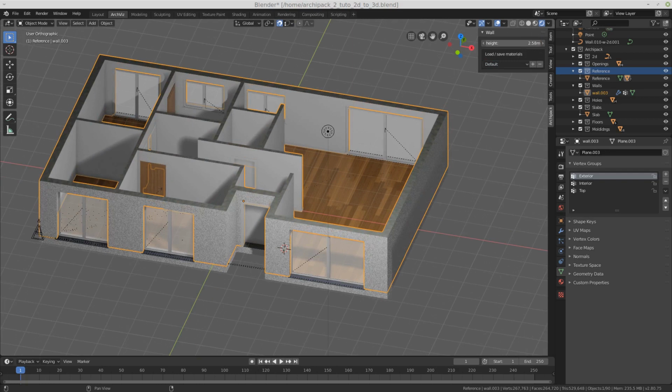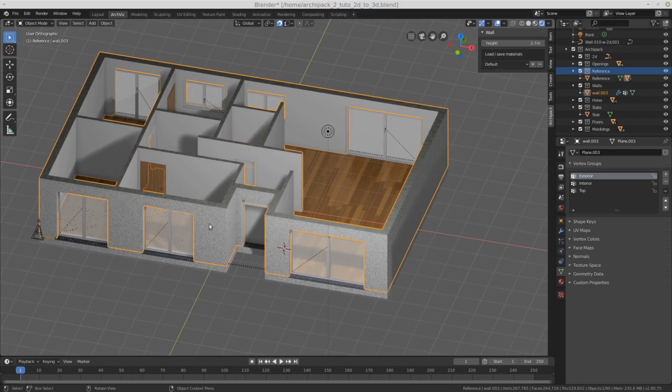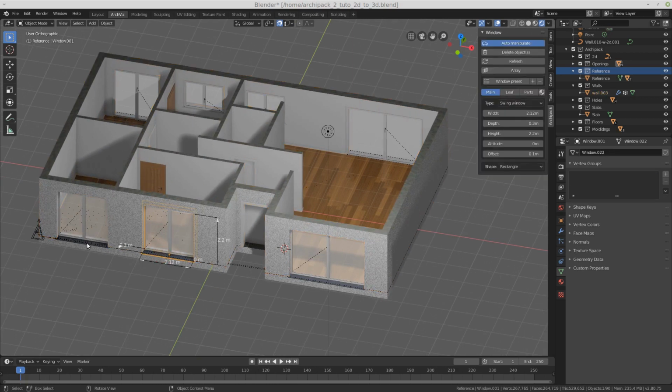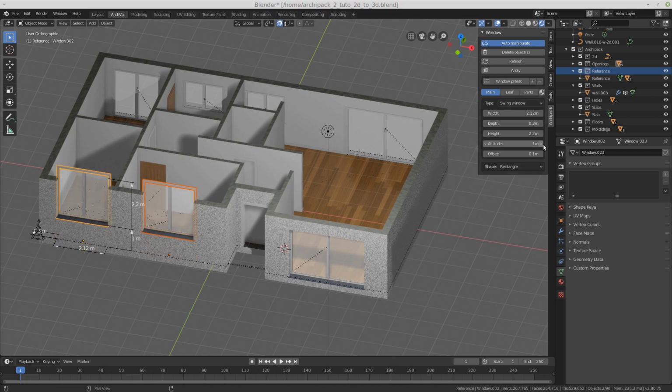They are not manipulable and so on, but other objects are still manipulable, like those kind of windows. I can now set 1 meter with Alt. I hold the Alt key and Enter, so the modification applies to both of them. The same for the height, and that's it.